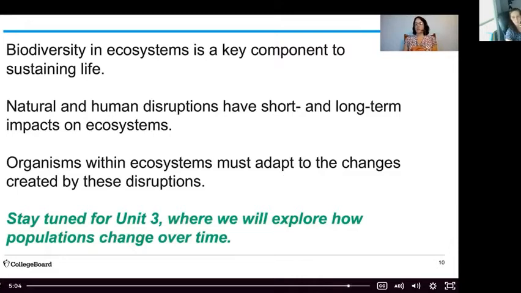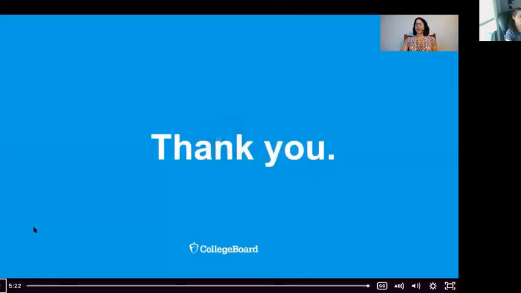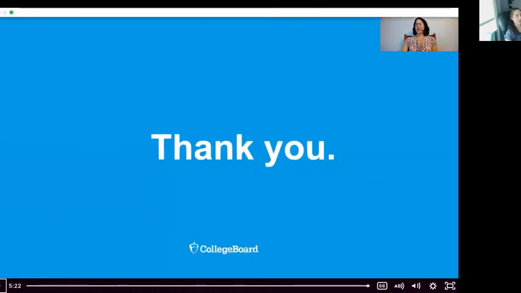Organisms within ecosystems have to adapt to changes created by these disturbances. Stay tuned for Unit 3, where you're going to have a chance to explore population change over time in much greater detail. Thanks for joining me. I'll see you next time. And our next chapter is going to be about human populations and looking at the exact same thing, but specifically